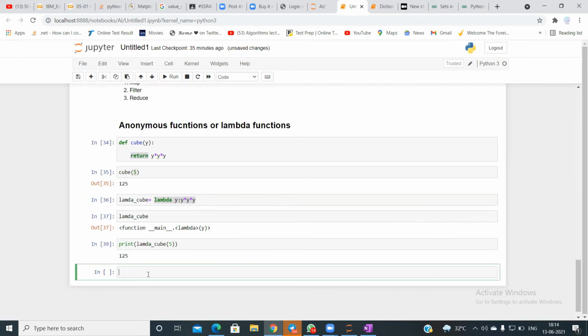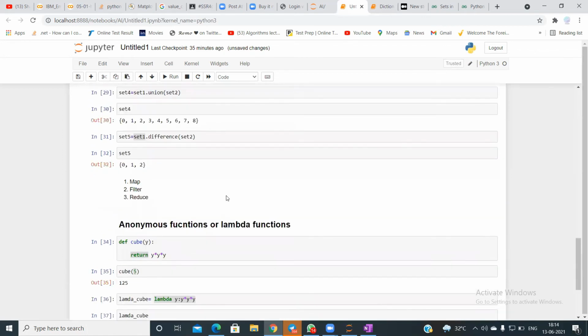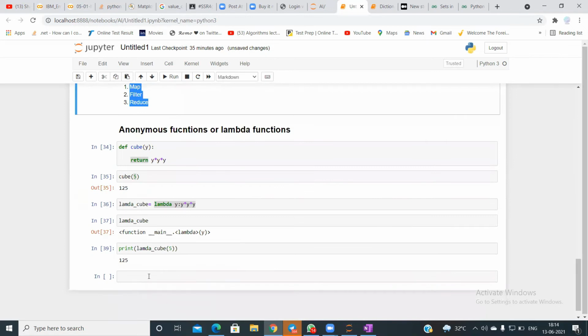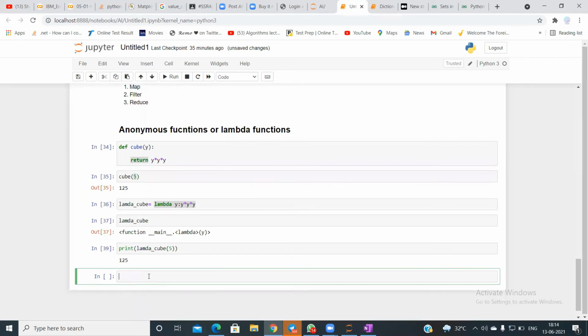Now in lambda function, you have something called map, filter, and reduce that you can use along with lambda functions. The easy way to understand map, filter, and reduce using a lambda function, I'll show you with a list.